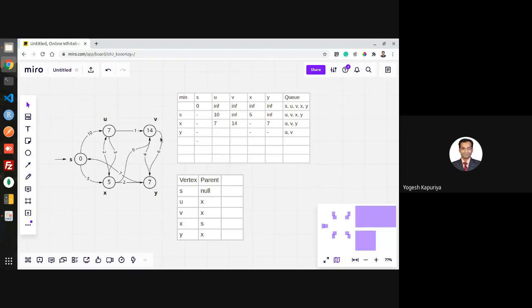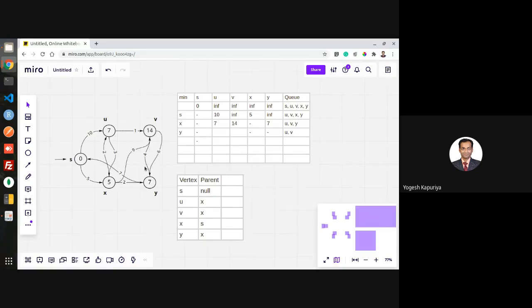Okay. Because this is v to y, this is y to v. So there is one 4. This is one edge, and the second edge is this. So there are two edges which are to be relaxed. Let us consider this first. There is an edge between y and v. Current weight of y is 7.